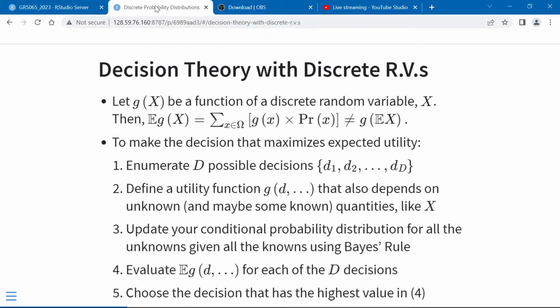How am I going to get the conditional probability of all the unknowns given the knowns using Bayes' rule? Well, that's what we're learning this semester. The other 4 parts are not super hard. I should also point out